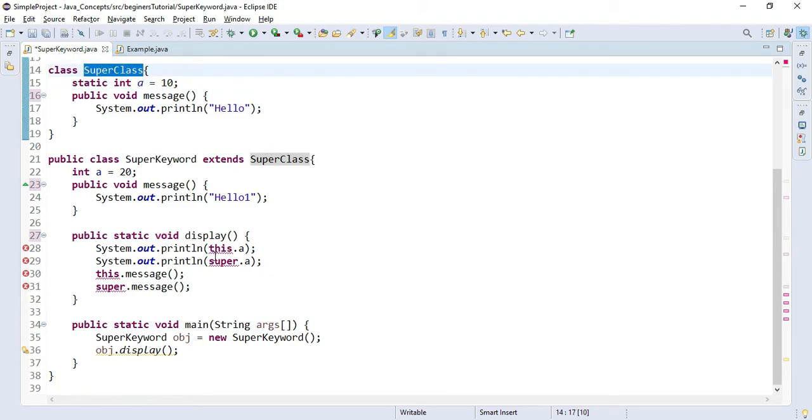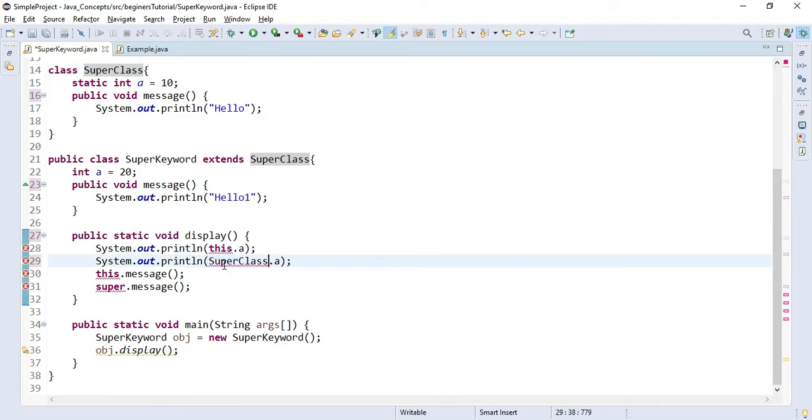So if you change the super here with the class name, then as you can see the error has been removed.